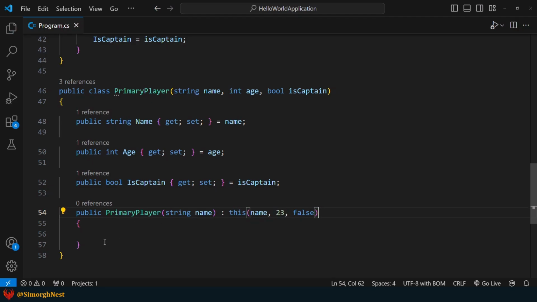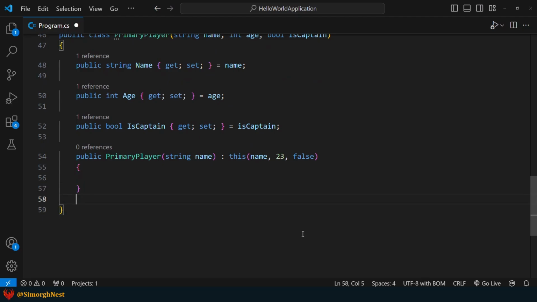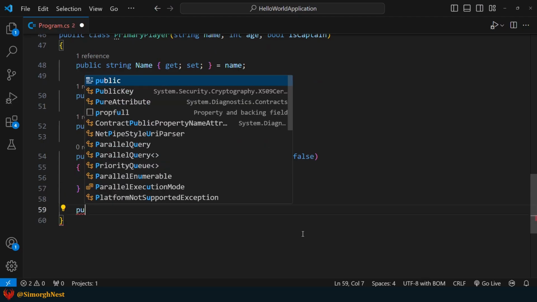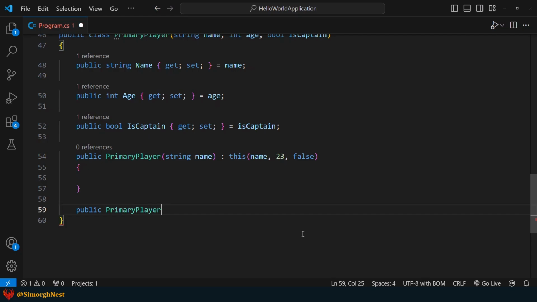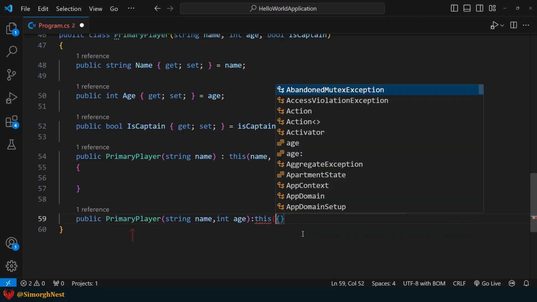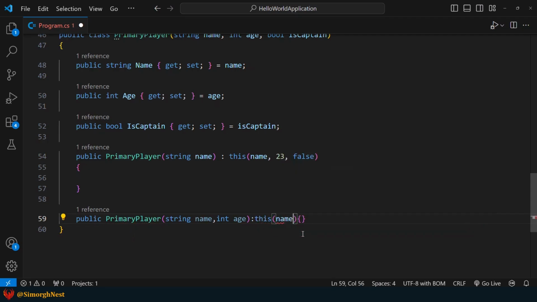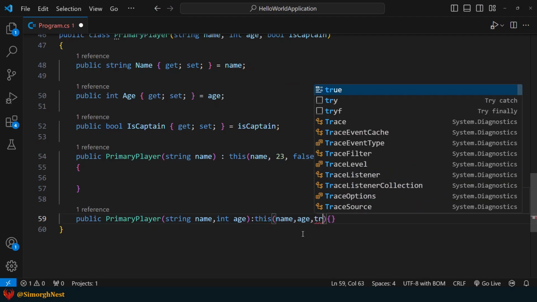Now let's add another constructor that takes two parameters. We get a compiler error about needing a this constructor initializer. So we add this, pass name and age, and set is captain to a value.